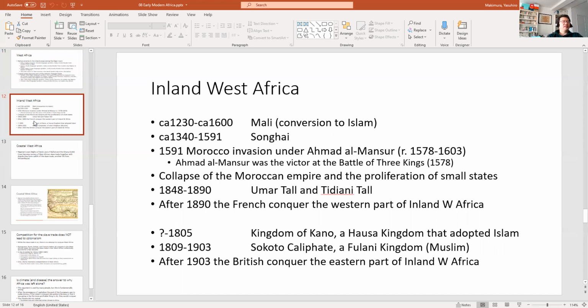But the Songhai Empire, in turn, is overthrown by the Moroccans. So what happens is that Ahmad al-Mansur was a candidate to be the Moroccan king when he was young, and he had a rival claimant, and so they were going to go to war to see who would be the next king of Morocco. When the Portuguese heard about this, they wanted to influence what happens in Morocco because although the Portuguese ships were pirates in the Indian Ocean, when the Portuguese ships came back from Asia and rounded Africa, and as they were going back towards Portugal, North African ships, including ships from Morocco, would sail out and attack Portuguese ships and take their cargo.